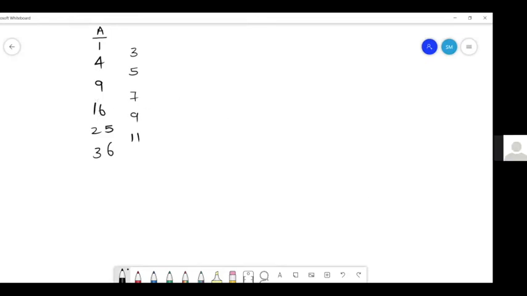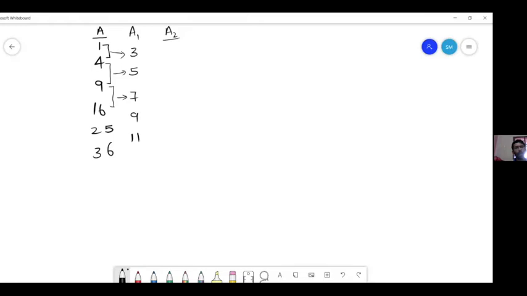Second sequence is showing the difference between 1 and 4 is 3, 4 and 9 is 5, and so on. Exactly. So it is true that the second sequence is a sequence of odd numbers, but one more feature is, if I take the successive differences, so 4 minus 1 is 3, then 9 minus 4 is 5, then 16 minus 9 is 7, right? And interestingly, we are getting odd numbers here. Okay, so we will call it A1.